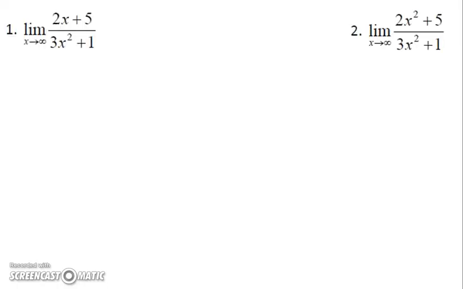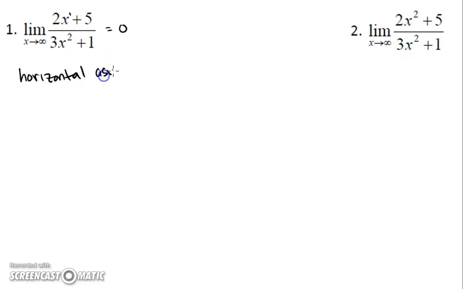So the first one, the limit as x approaches infinity of 2x plus 5 over 3x squared plus 1. So these are both power functions. So we have to think about which power function is going to grow fastest. Well, this is x to the first power. This is x to the second power. So x to the second power is going to grow faster. So if we think about the rules that we just saw on the previous slide, if the denominator grows faster than the numerator, your limit is 0, which means we have a horizontal asymptote